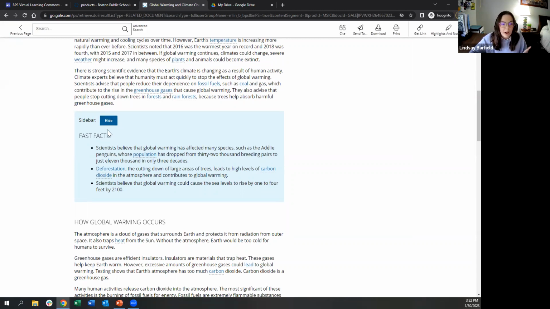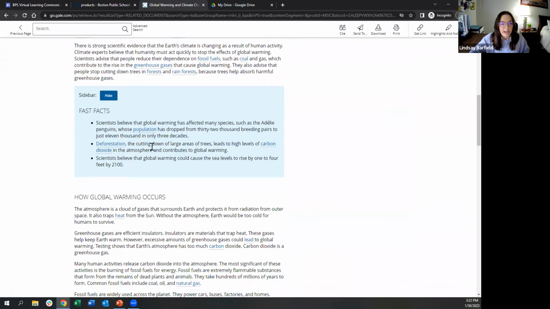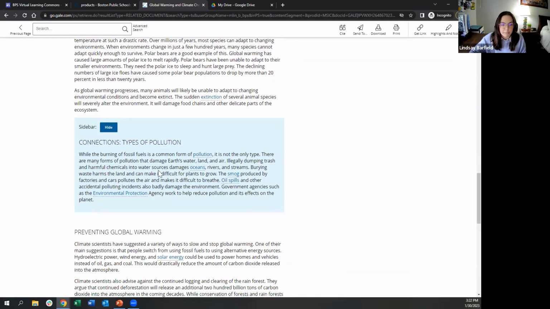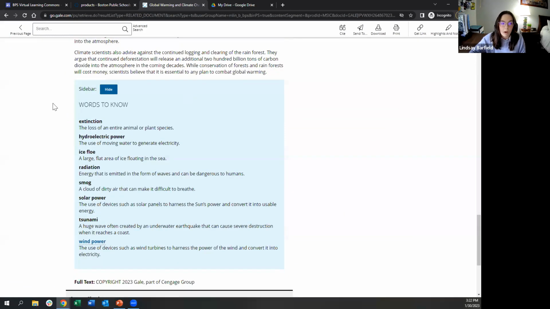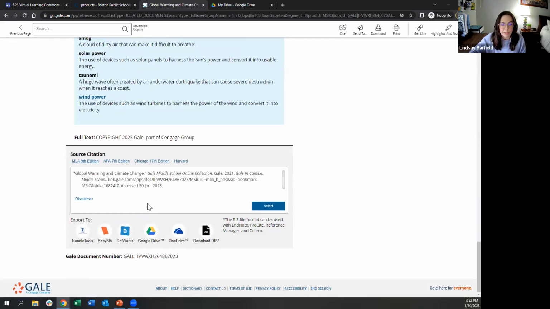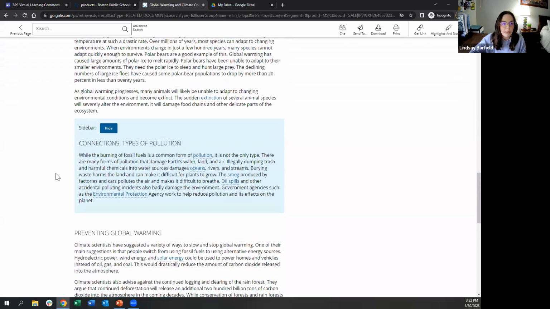So right now I've got just some fast facts that I can read. If I go down further, I've got some connections with types of pollution, and then we always include some words to know, so important vocabulary for this topic. At the very bottom, we have our citation built in. You can pick from 4 different options here. And anytime that you save any content from the resource, this citation is automatically going to come along with it as well if you don't save it individually. Now, going back up to the top,